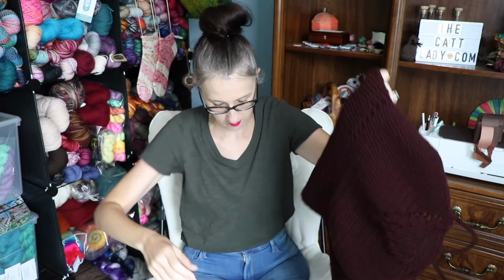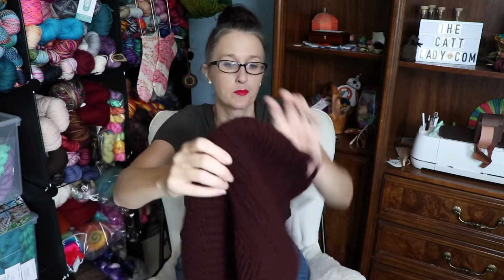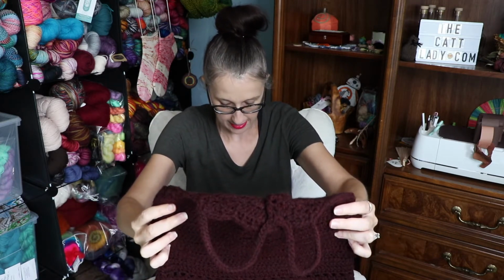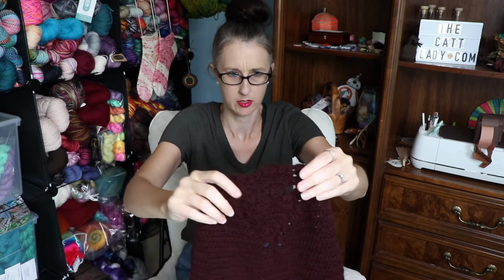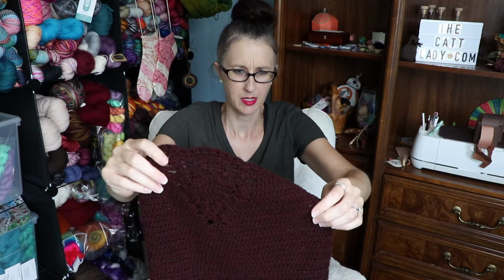This was a paid pattern, however I modified pretty much everything. I have all my notes in Ravelry, but the pattern I purchased on Etsy from Mermaidcat Designs. She has listings on Ravelry, but her patterns are for sale on Etsy. I bought this, and it was a cheap pattern, like $4 or $5 or something. Very detailed, but